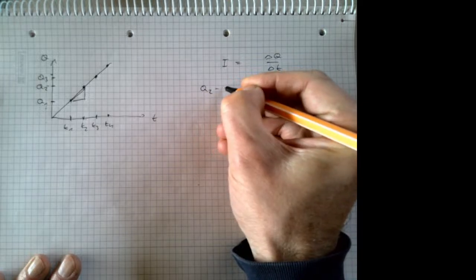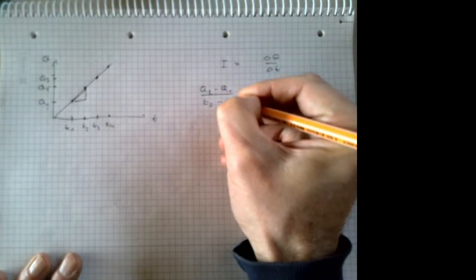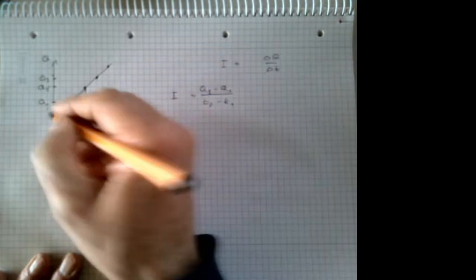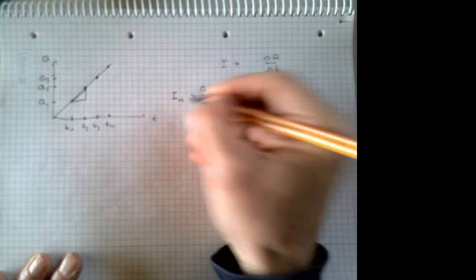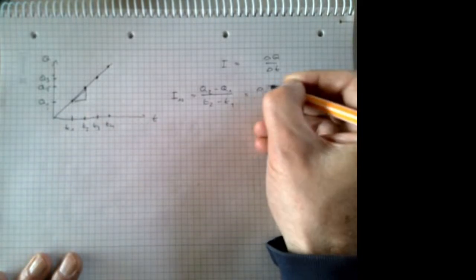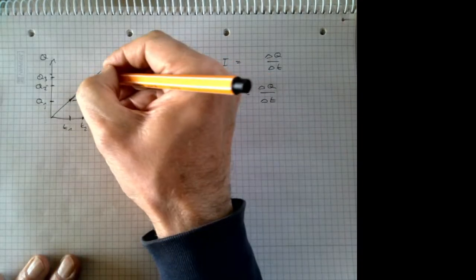That's Q2 minus Q1. And the time? T2 minus T1, right? And this is what we call the current between, let's say, the time interval from 1 to 2, right? And this is delta Q divided by delta T. So, and here,